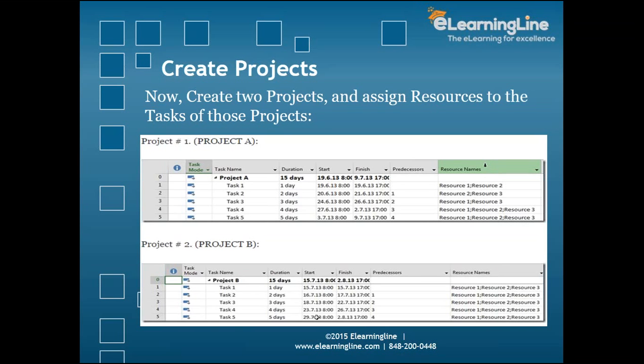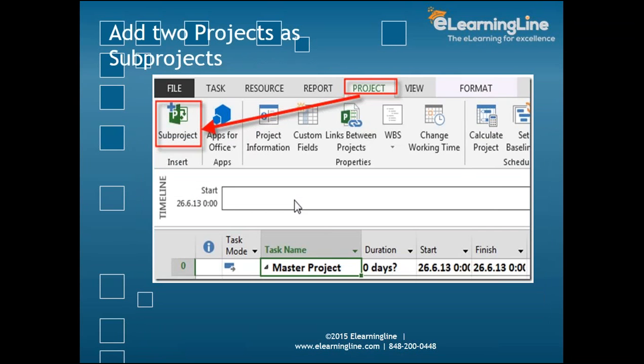So in this case, you have two separate projects and assign the resources to the tasks of these projects. So how is that going to work? Here you can see that you have resource 1, resource 2. Then again here also you have resource 1 and resource 2. That is how you create two separate projects, save them, and keep those two separate projects with you. Then next, what you do.